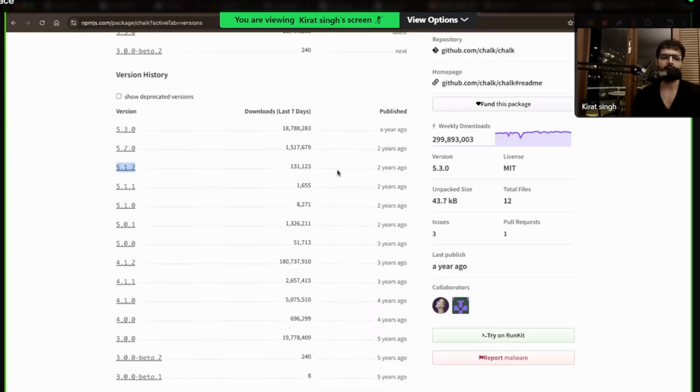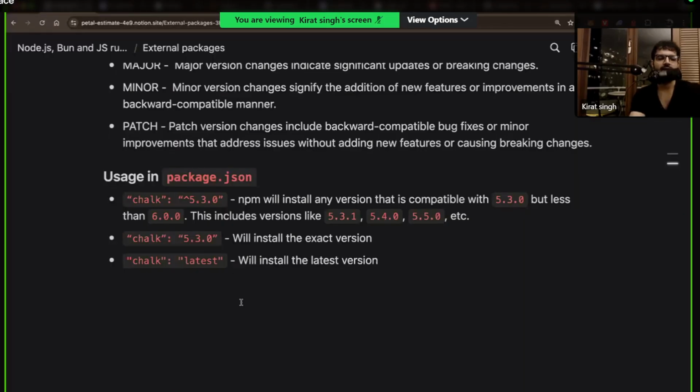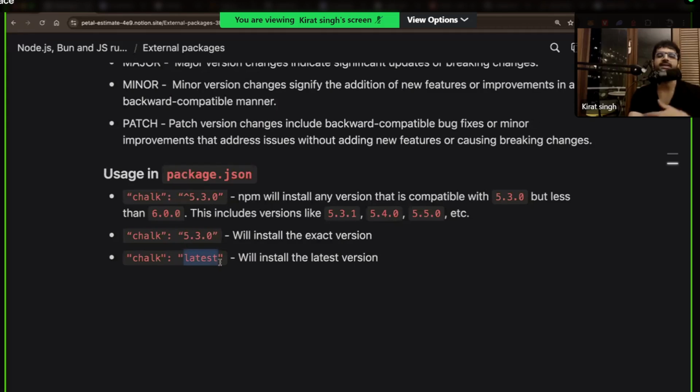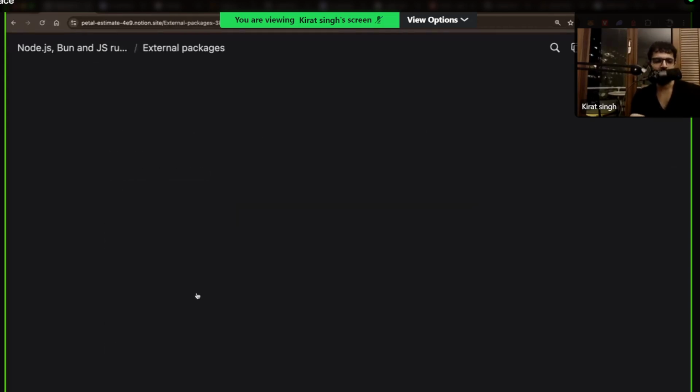This leads to a problem though. Let me see if we're done with everything and we can then discuss what that problem is. There's one more thing called latest, which basically means get me the latest version of this library. All right. Cool.